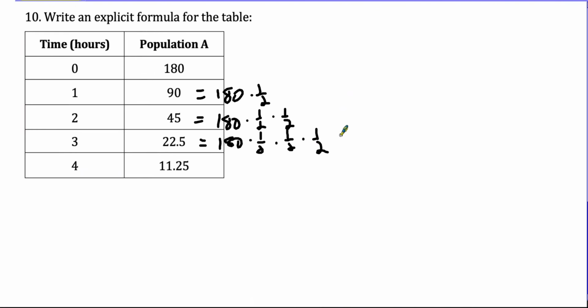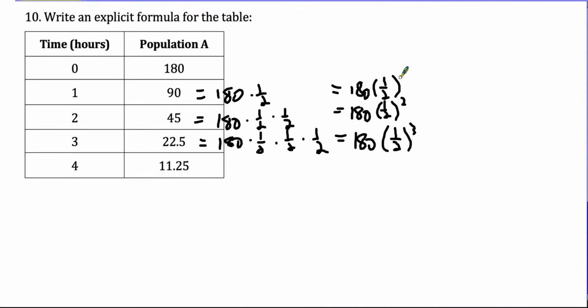And then the pattern, right, we can see that if I'm repeatedly multiplying, I can use an exponent. So 1/2 times 1/2 times 1/2 would be the same as 1/2 to the third power. I can rewrite this one as 180 times 1/2 to the second power. I could even write this one as 180 times 1/2 to the first power. So my explicit rule, to write this all out, I can say, I guess I could use A in this case since we're told this is population A. So I'll say A of n